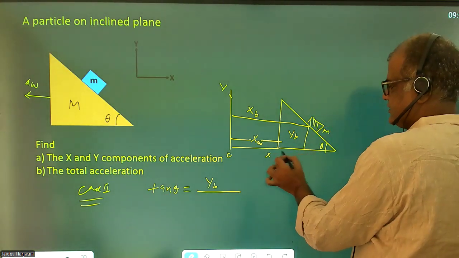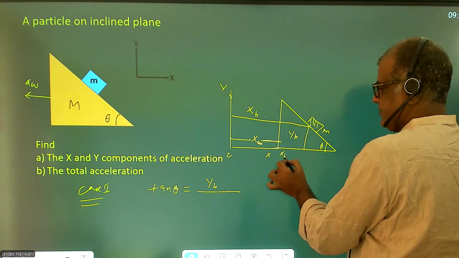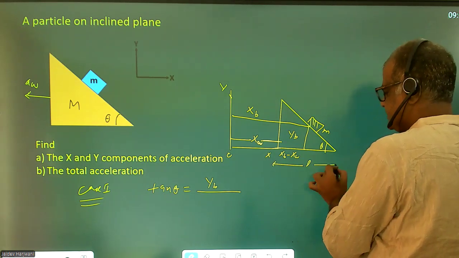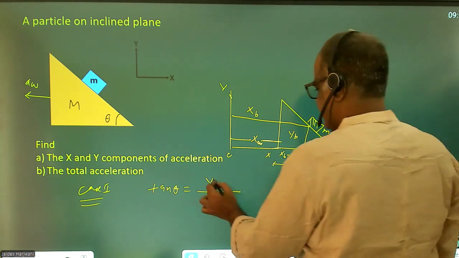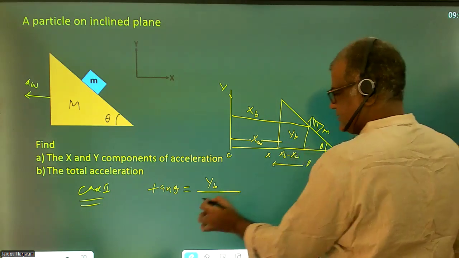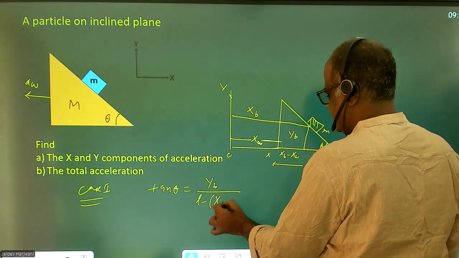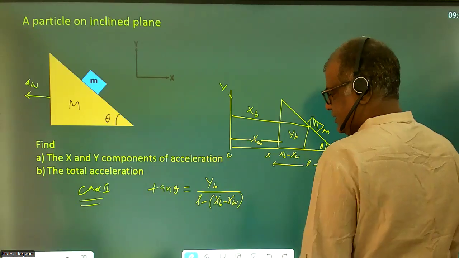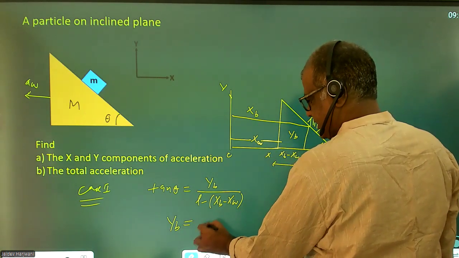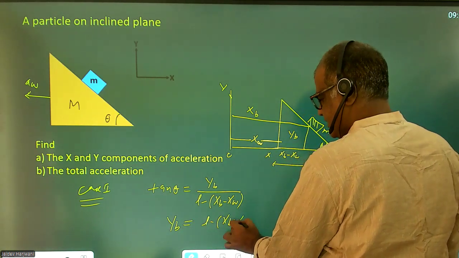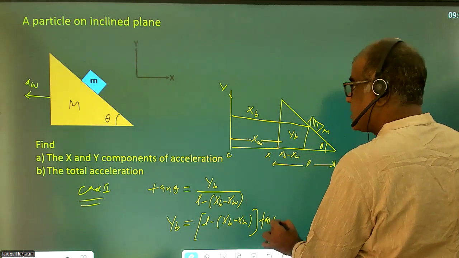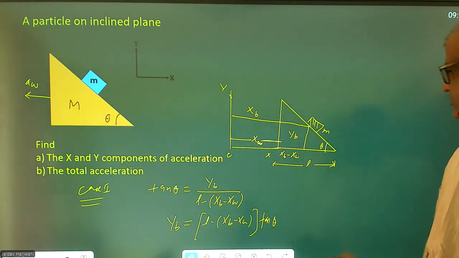Now this distance is x block minus x wedge, and the total distance is L. I can write this as L minus x wedge, and this gives me y of block as (L minus x block minus x wedge) tan theta. And if I differentiate this one,